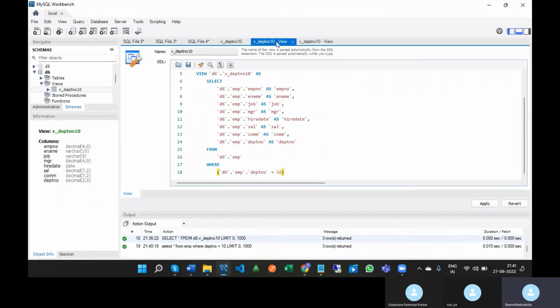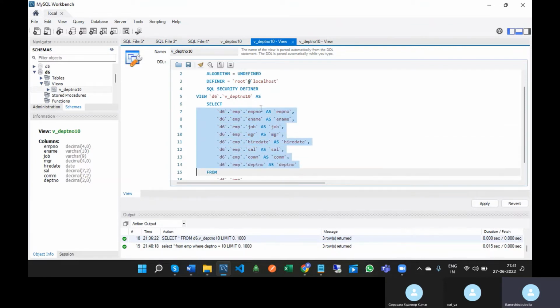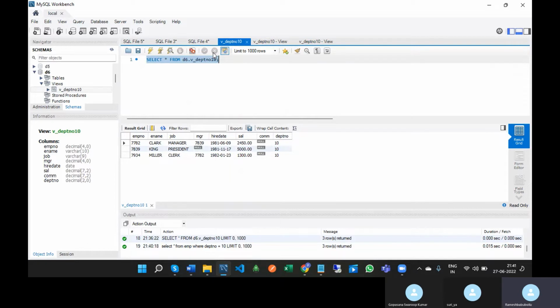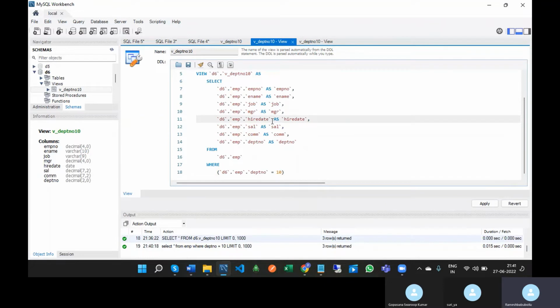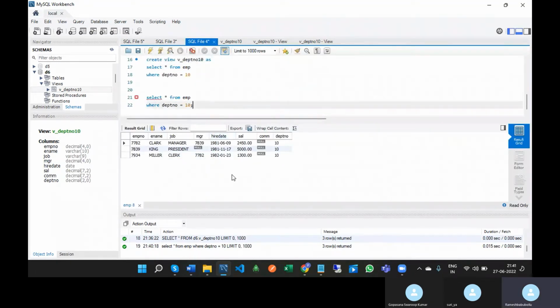But this is system generated logic, no? So it will follow some rules and regulations. That's why you are seeing the column names with brackets in the where condition. Whenever you execute this query, it will go to that logic and execute the entire logic. That's it. So this is the main advantage of view,